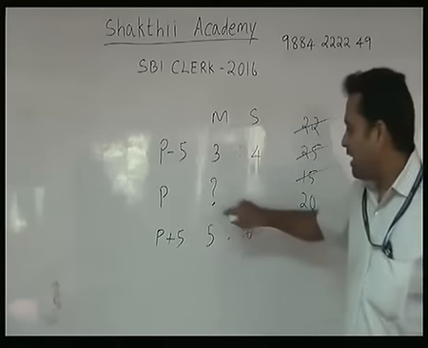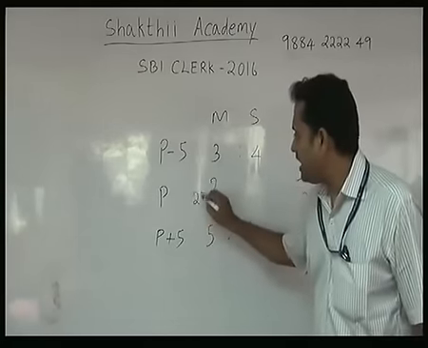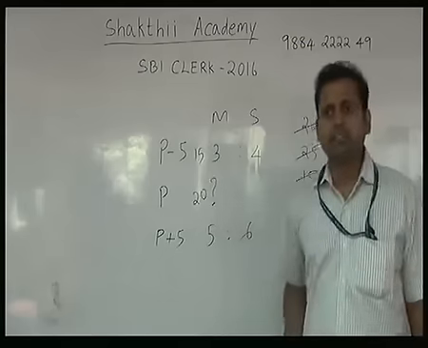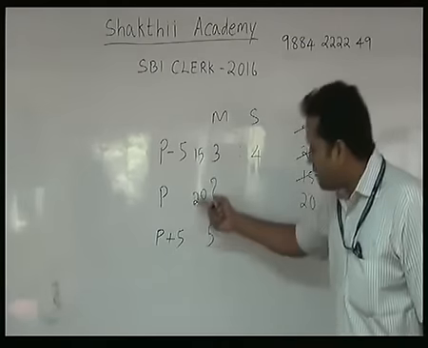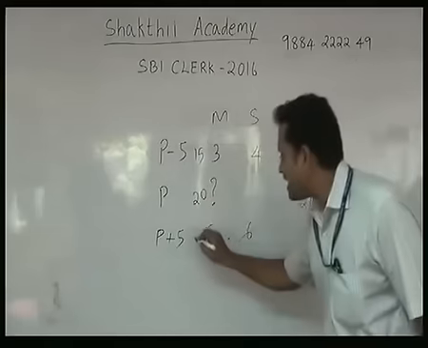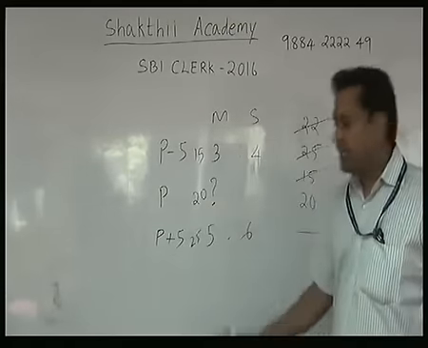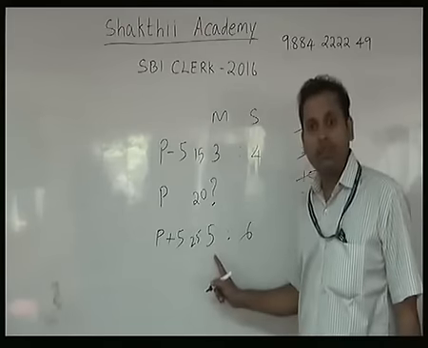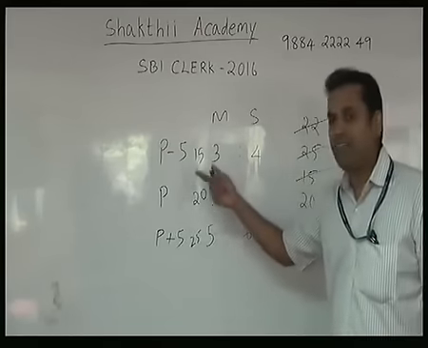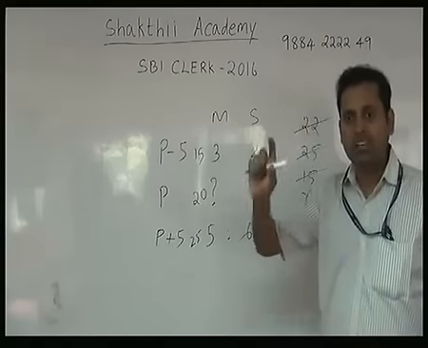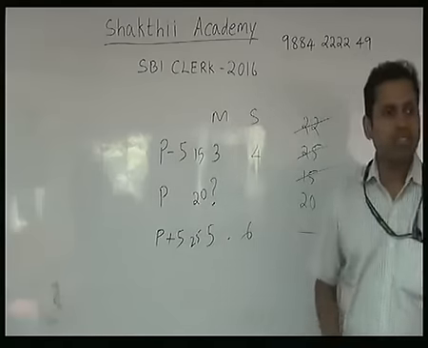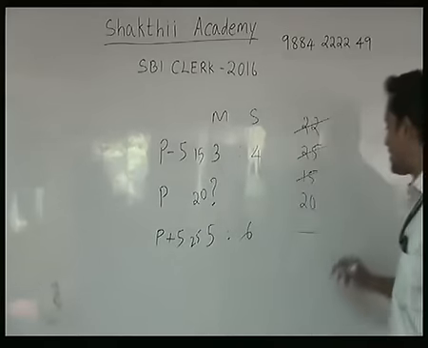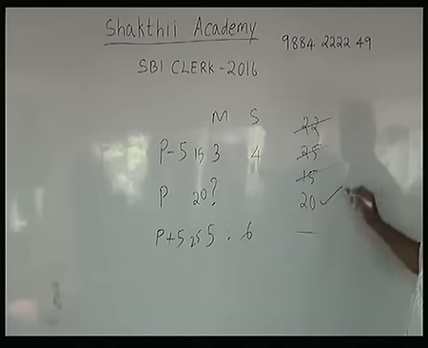Then what is the final one? 20. When I write 20 here, 5 years ago the age is 15, and 15 is perfectly divisible by 3. Again, after 5 years, the age is 25, and 25 is divisible by 5. As per the ratio, before 5 years the original value must be divisible by 3, and after 5 years it must be divisible by 5. Both are satisfied. So the answer is 20. That's it. Is it clear?